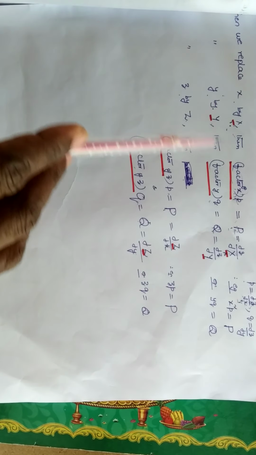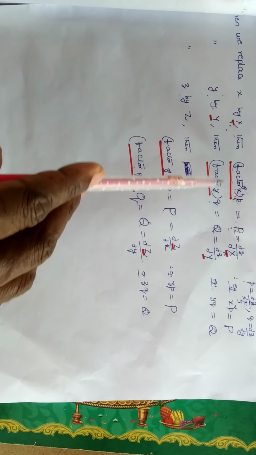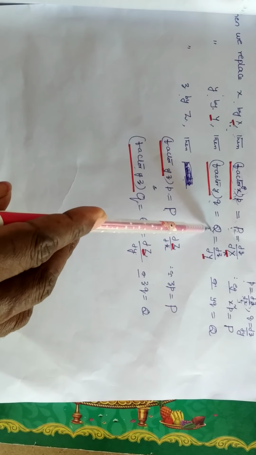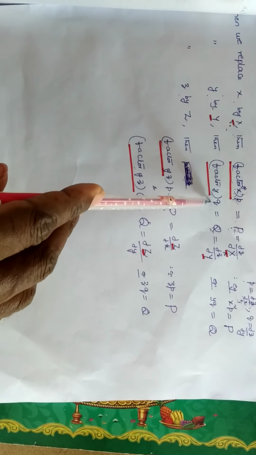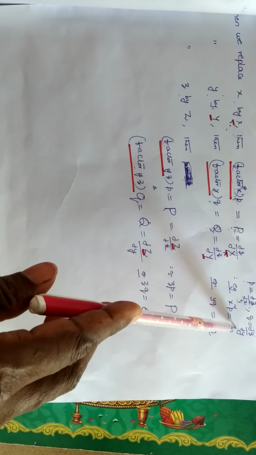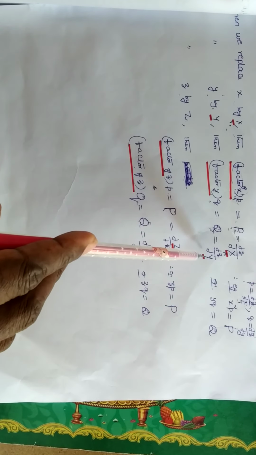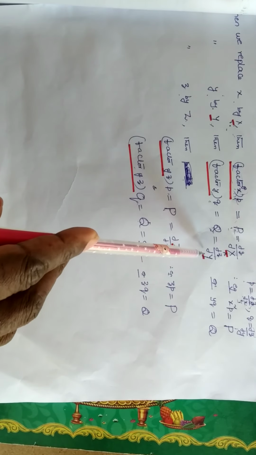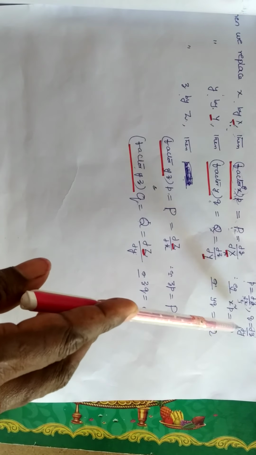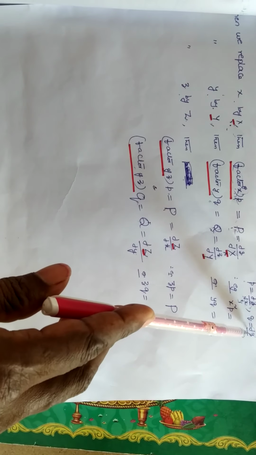Similarly, by taking capital Y in terms of small y, then the factor of y into q equals capital Q. That means what is the difference between small q and capital Q? Small q is nothing but dou small z by dou small y, but capital Q is nothing but dou small z by dou capital Y. Here is the difference. Since we replace small y by capital Y, in this notation also we replace small y by capital Y, and small z is as usual.